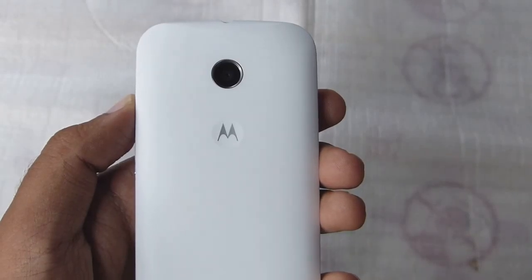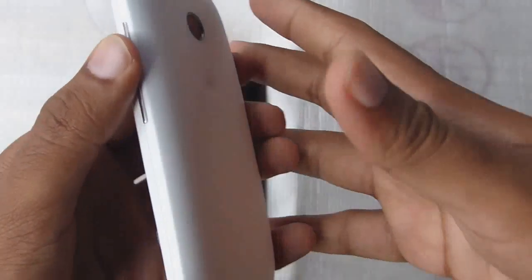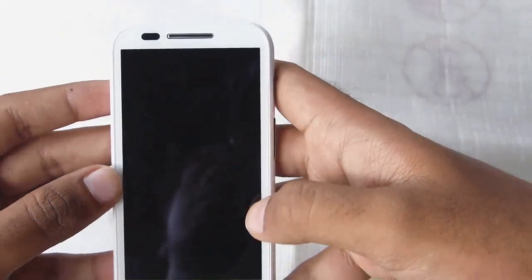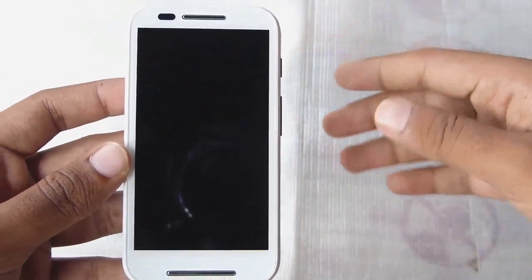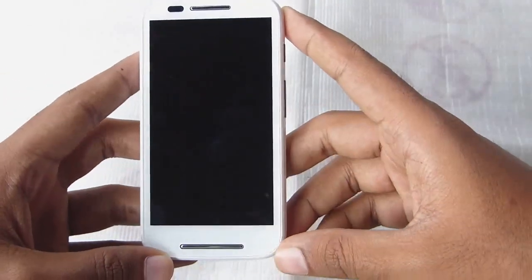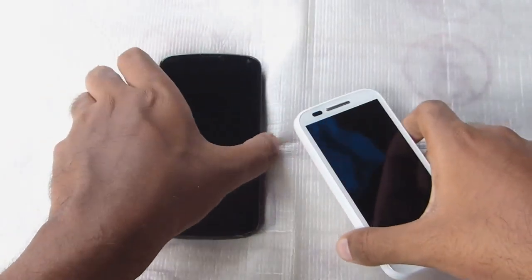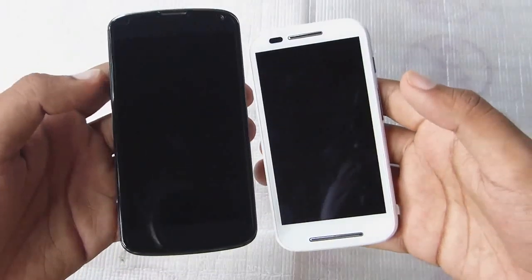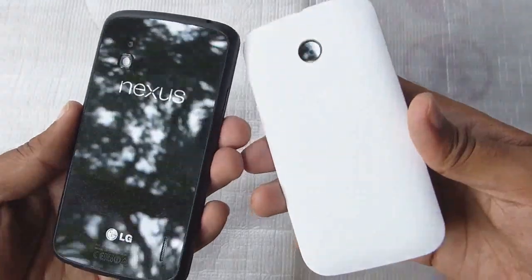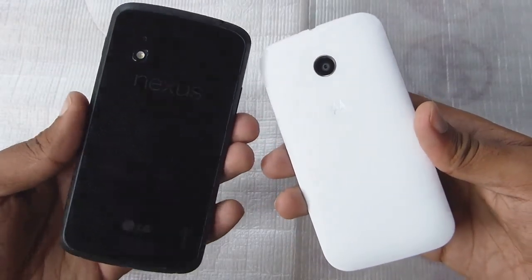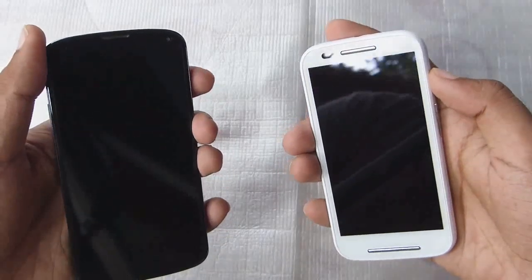Hello friends, welcome to my video on the Motorola Moto E, and in this video I'll be comparing this phone against one of the higher end phones, that is the Nexus 4. And as you can see here, we have both the handsets. The Nexus 4 is the black version and the Moto is the white version, which doesn't do anything on the